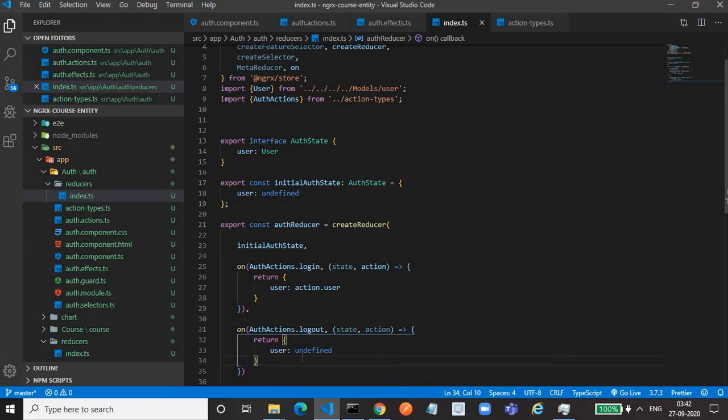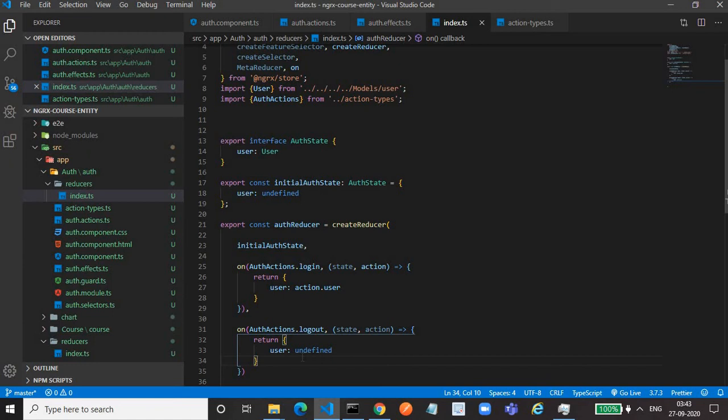So reducer is a pure function, and on the actions it handles, it receives the action and it will manipulate the state in the store based on the action. There are switch-like statements. It will match the type of the action and it will return a new state on the basis of the type of the action. If it's a login, we are returning a new state in which we are storing the user information. And if we log out, we are making the user information undefined.